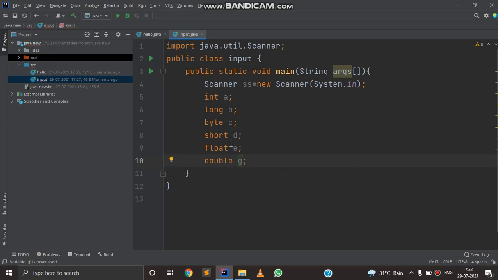So float can take values from positive 1.4 trillion to 45 trillion, and double can take from 4.9 trillion to 324 positive. A float is initialized as 0.0 with the alphabet F after it, and double has a default value of 0.0.